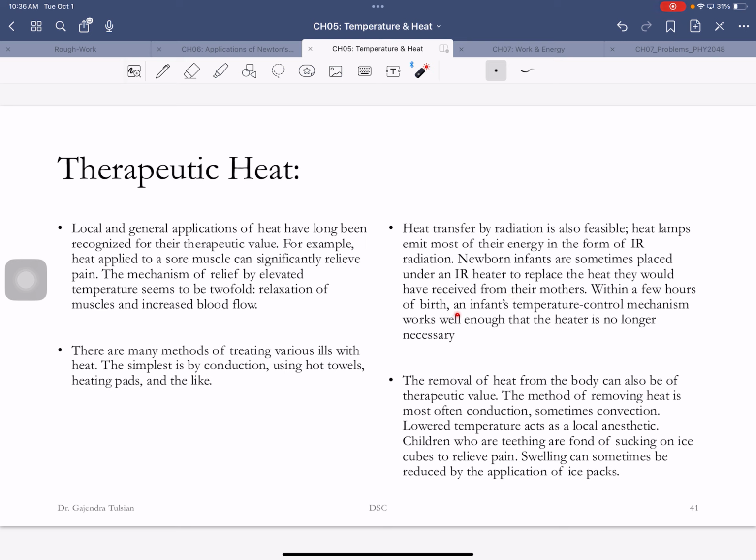Within a few hours of birth, an infant's temperature control mechanism works well enough that the heater is no longer needed. So for some infants, their temperature control mechanism is not working properly, and so you place them under infrared lamps. All right, so that finishes